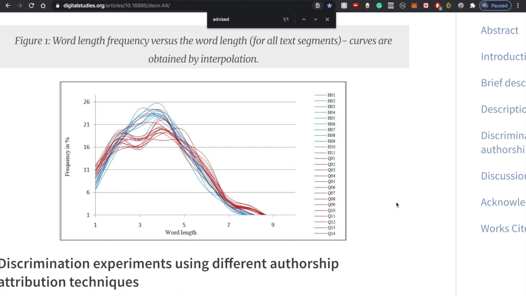just like the last one, word lengths versus word frequency, right? So it's the same table. One, there's a significant difference between how many times words of length 1, which means one letter, are used, in the Quran versus the Hadith. Similar with 3 and 4, and then also similar with 8.